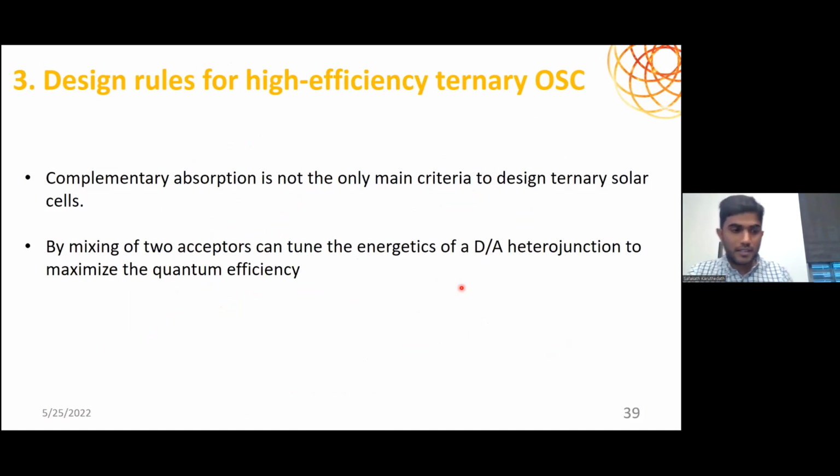So summarizing this, complementary absorption is normally considered one of the big things in the ternary solar cell, but that's not the only main criterion to design a ternary organic solar cell. We also need to consider the energetics. Plus, if you have a bad solar cell, we don't have to invent a new acceptor. We can basically tune the bad acceptor with the nice acceptor having a deeper HOMO value so that we can improve